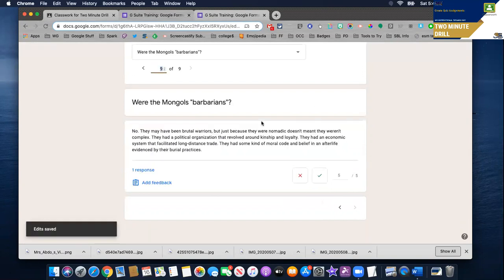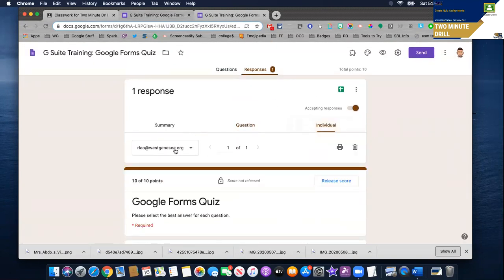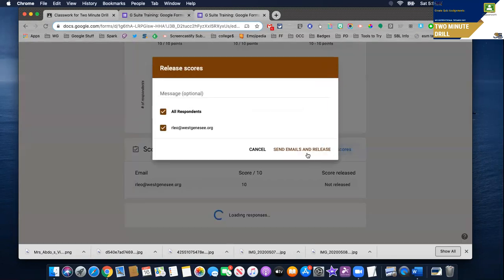and save it. Or you can go student by student. And if there was more than one student here, you can navigate between each student to see their results. And again, when you're all set with releasing the grades, you can click the button to send the grades back